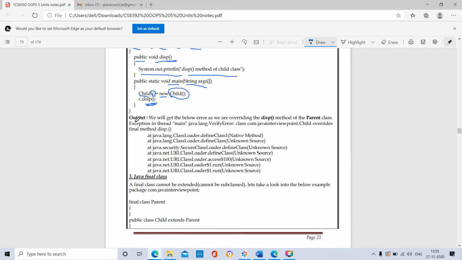So our output is an error like this. We are overriding the display method of the parent class. Exception in thread main, Java language. These are the errors when we are compiling our Java application program. Child overrides, class loader define.